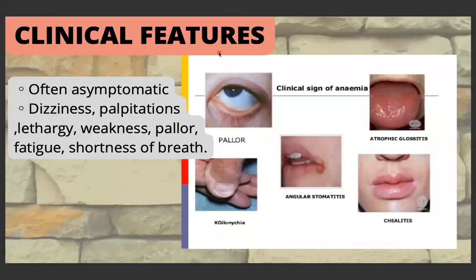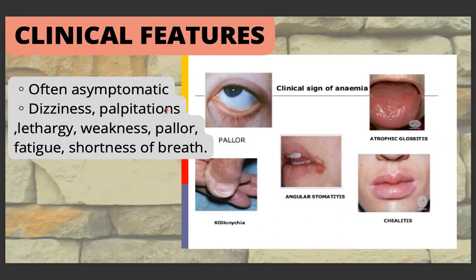What are the clinical features of anemia? This is very common, and I'm sure everyone knows about it. Sometimes asymptomatic. Many patients come with no sign and symptom, but when you measure their hemoglobin, you find 7. Sometimes dizziness, even with hemoglobin 9,